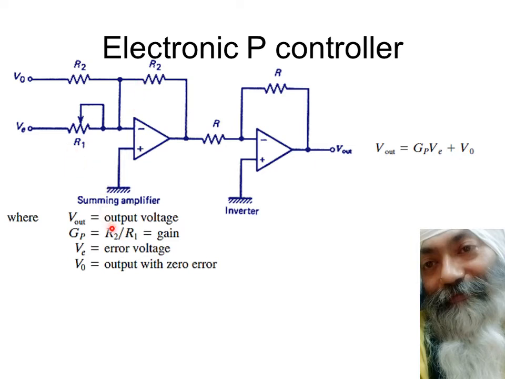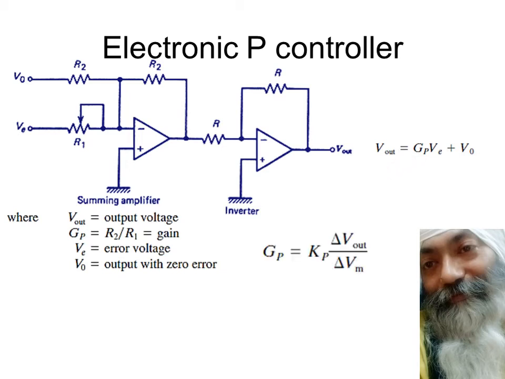This is not rocket science. Into VE, the input over here is the error which we obtained from the electronic error detector, and this was the output when there was no error at all. So this is given separately over from this point. The only thing is about this GP, which we shall be seeing in a while.